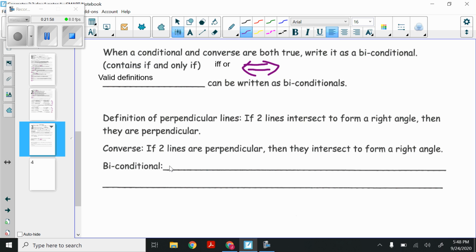So the biconditional would say two lines are perpendicular if and only if, and I am going to abbreviate that with IFF, they intersect to form a right angle. Okay? And this is the definition of perpendicular. Right? All right, so that is